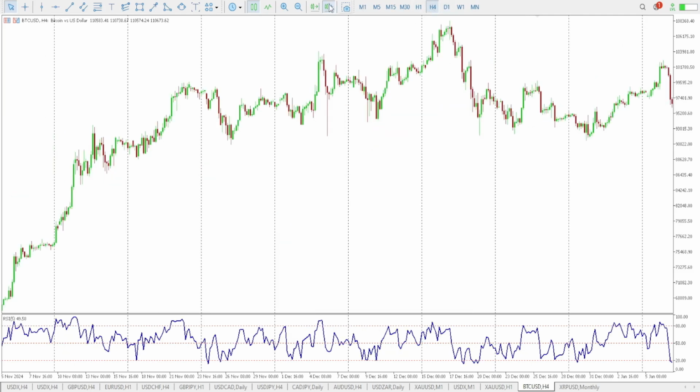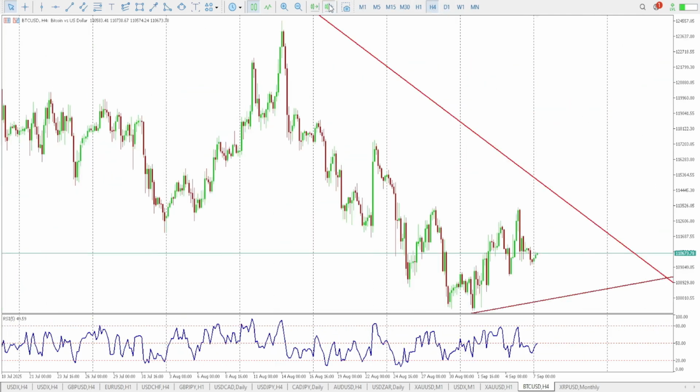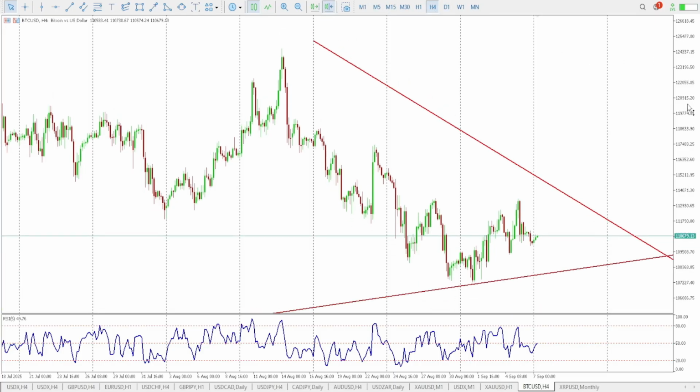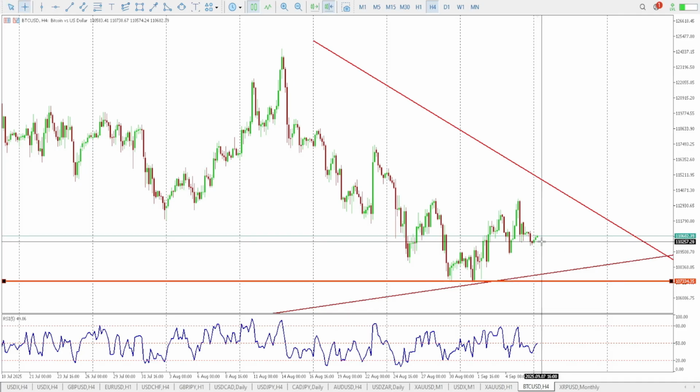Now if I show it to you on the H4, there are plenty of opportunities. So it depends then on the trader which opportunity the trader wants to avail. So one thing is for sure clear, as long as this market is trading above 107,334.35, we will remain bullish. We will be treating it as bullish. And remember, this is not a trade signal, but this is for educational purpose. I just want to show you the importance of the Fibonacci, because most traders keep ignoring it and then have a lot of losses.